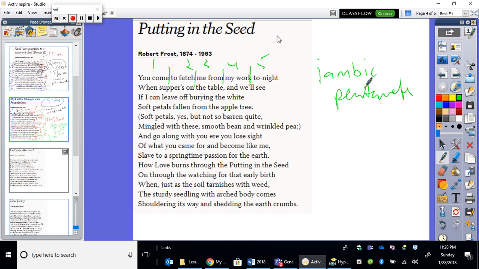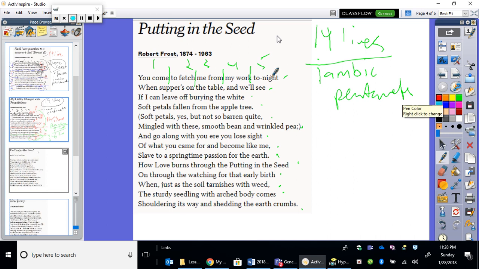And if I follow it down, it follows the same pattern. I have 1, 2, 3, 4, 5, 6, 7, 8, 9, 10, 11, 12, 13, 14. That's 14 lines. It's looking like a sonnet to me, but the last thing is to look at